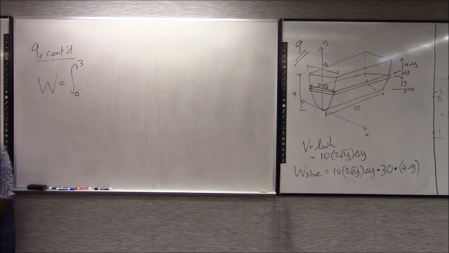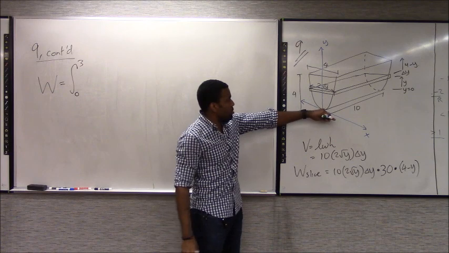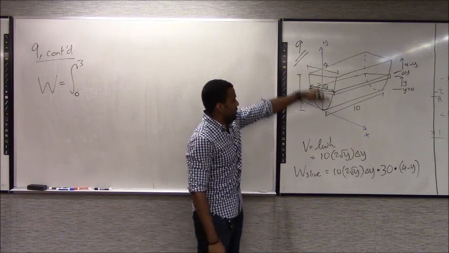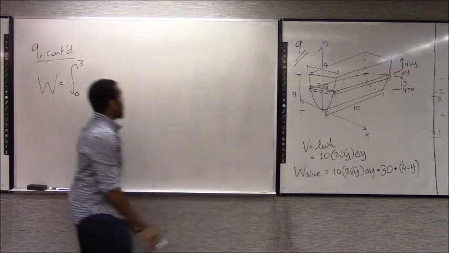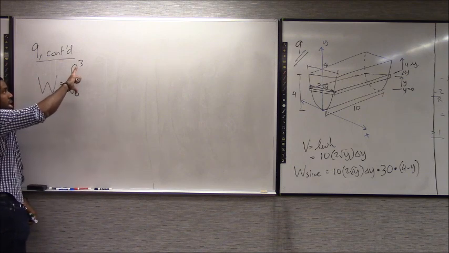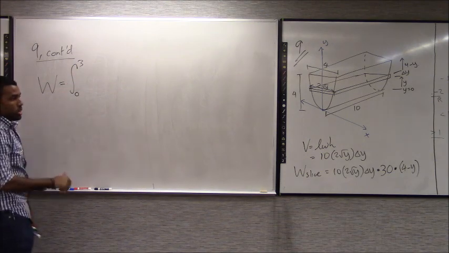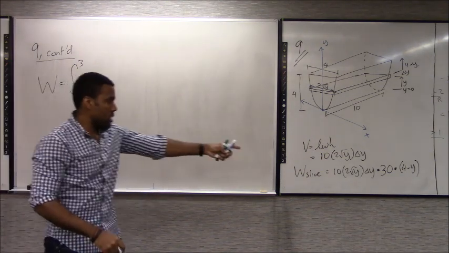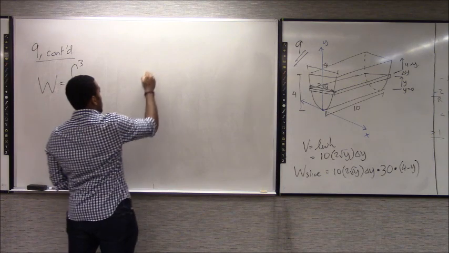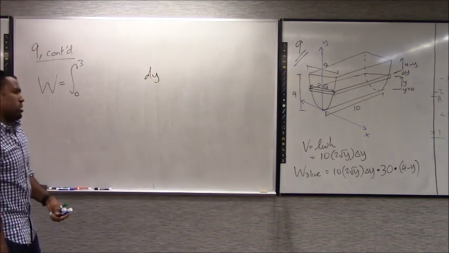Yeah, because we were told that it is filled to a height of 3. So the liquid is starting from the bottom, now it's here, at 3, out of a length of 4. We don't care about the height of the tank, we care about the length of the liquid that we want to move, and it goes all the way from y equals 0 to y equals 3. And then we're going to put all that down where the delta y becomes the dy in the Riemann sum. And so that's going to be